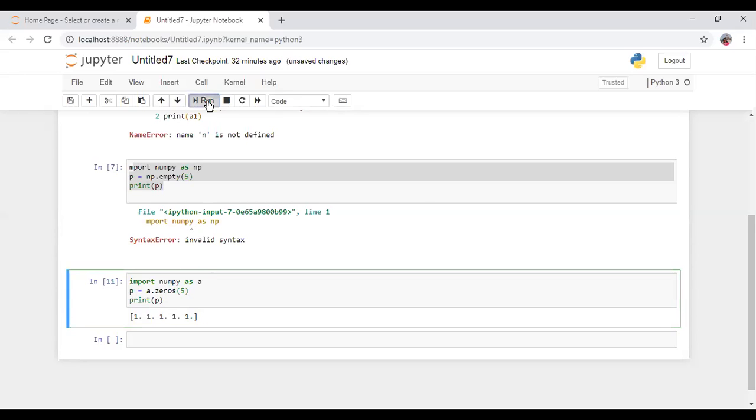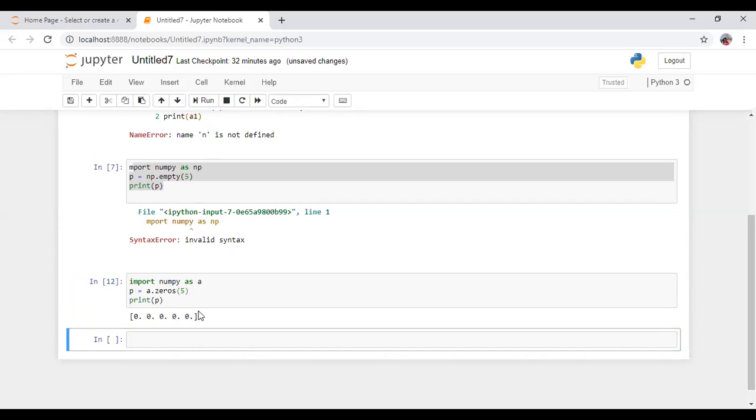Zeros will be printed. See here, a small practical, you can use this Jupyter Notebook. You have to install it from DOS mode, and there input and output will be displayed.